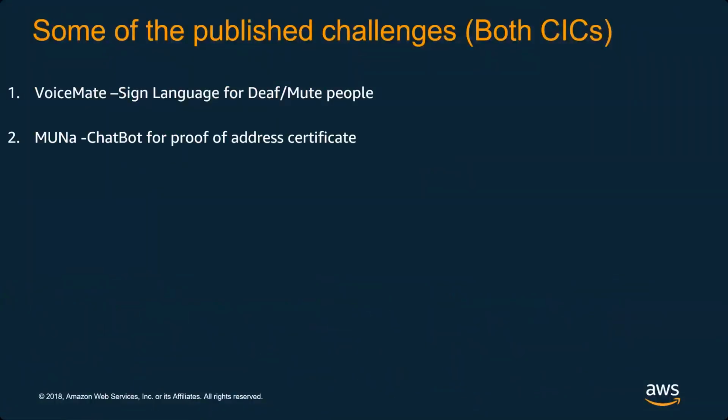So I'm going to give you quickly some of the design thinking that we use in order to solve real-world problems. This one, VoiceMate, it's a sign language. They came to us, you know, that there are 600 million people who have disability, half of them deaf and mute. And then we created a solution that is translating the voice into text, into avatar sign language through AI real-time, both ways.